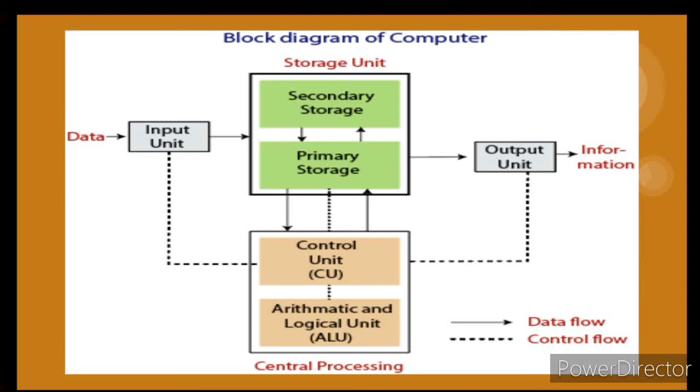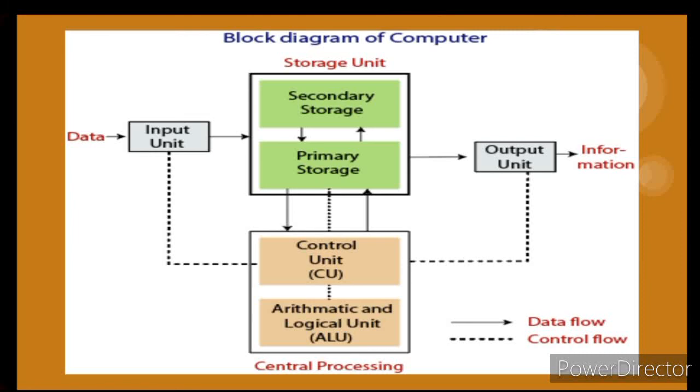Second type is the EPROM, erasable programmable read-only memory, designed to solve the problem of PROM and ROM. The user can delete the data of EPROM by passing ultraviolet light, and its erased chip is reprogrammed. Third type is the EEPROM, electrically erasable programmable read-only memory, similar to the EPROM, but it uses an electrical beam to erase the data of the ROM.